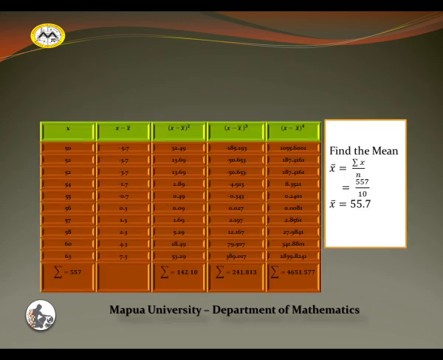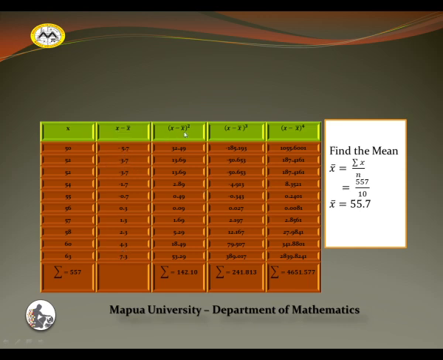So here we have a tabular solution for the X column, the scores. We have to look for the mean first, where all we have to do is just get the total divided by the number of observations, which is equal to 10. Then the mean is 55.7, and then we have to look for the difference of the score and the mean. So this is equal to 50 minus 55.7, so negative 5.7. 52 minus 55.7 is negative 3.7, and so on.